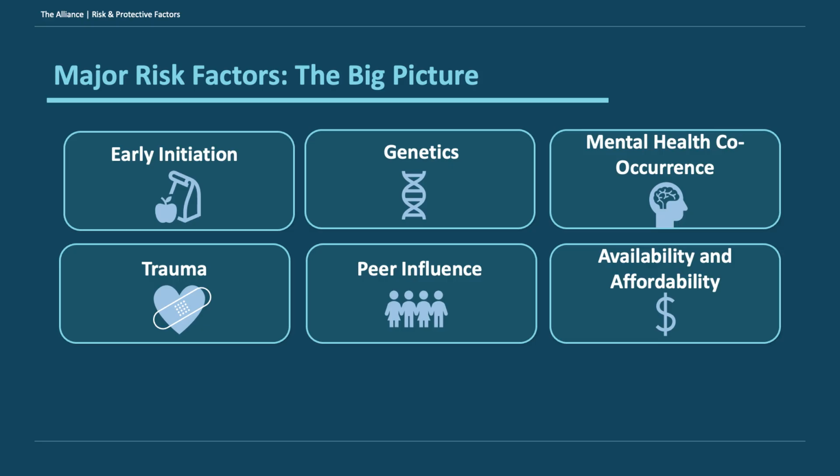And then what we like to focus on from an environmental perspective is how available alcohol is. Where do you see it? Where can you get it? Where is it being offered or provided? And the affordability of alcohol. Your taxes, are they low alcohol taxes? Are you seeing a lot of happy hours, a lot of buy one, get one? How is alcohol being sold and how cheap is it to buy? And we know that the cheaper it is, the more likely people are to drink, and actually increasing the price of alcohol is one of the strongest mechanisms we have to reduce consumption.